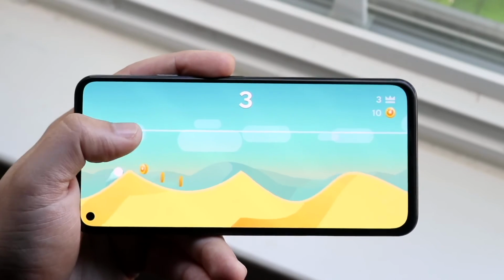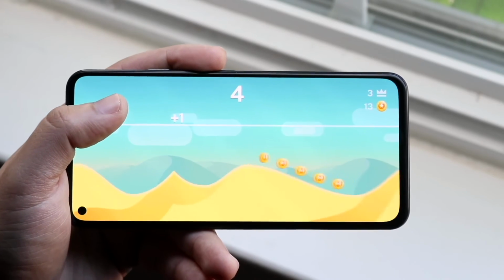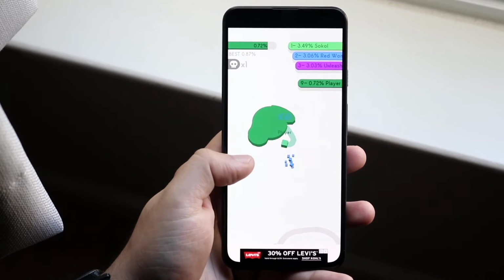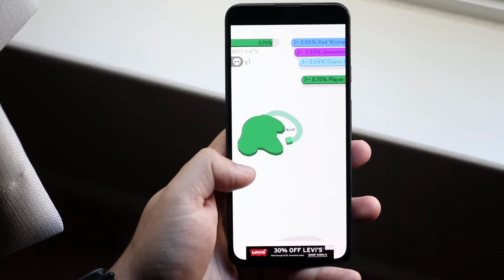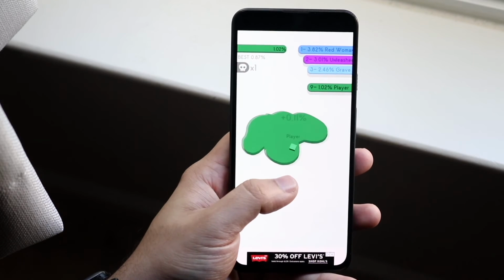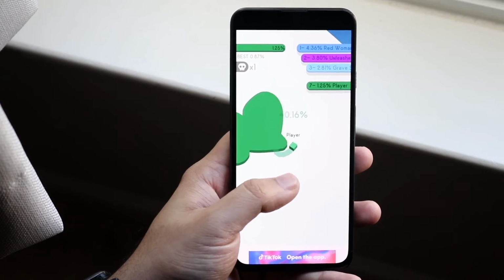So if you're not a fan of having a glitched up performing phone, this is probably not the phone for you. If you're comfortable with having a phone that is jittery a little bit, like it's not crazy, but sometimes you'll see it, this is going to be one of those phones to keep in mind. But I think other than that, this phone is a very good performing device. And other than that, I have very few complaints about the performance. So to